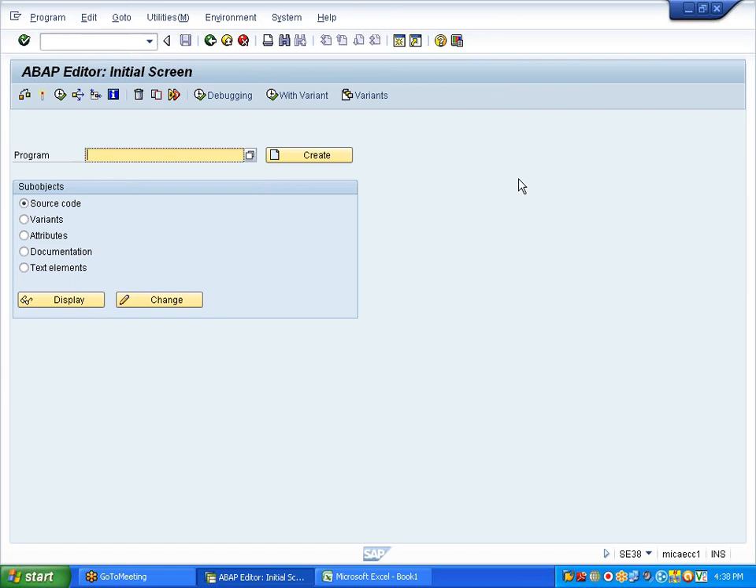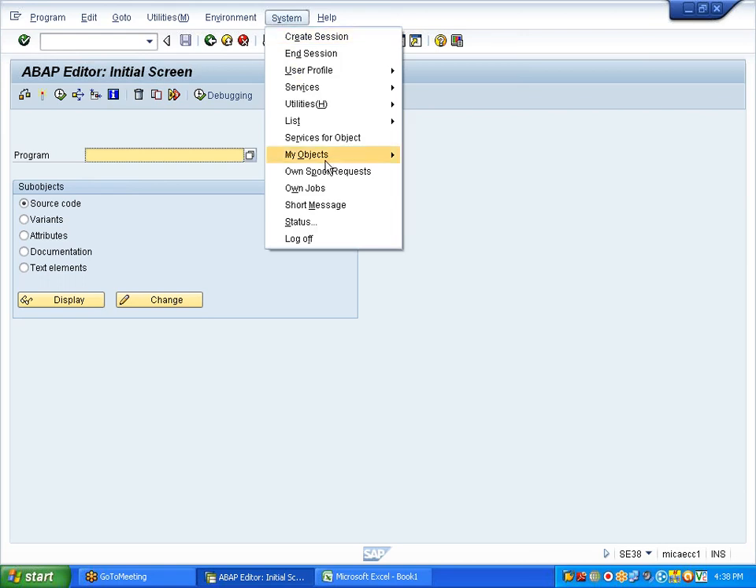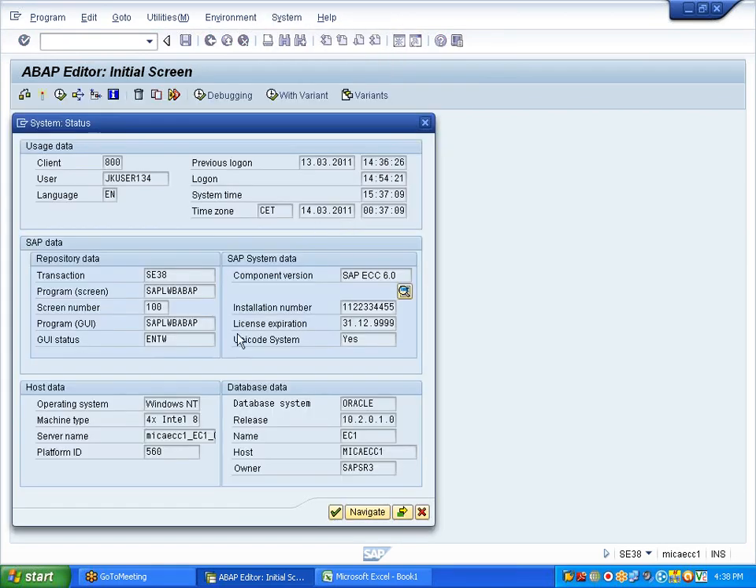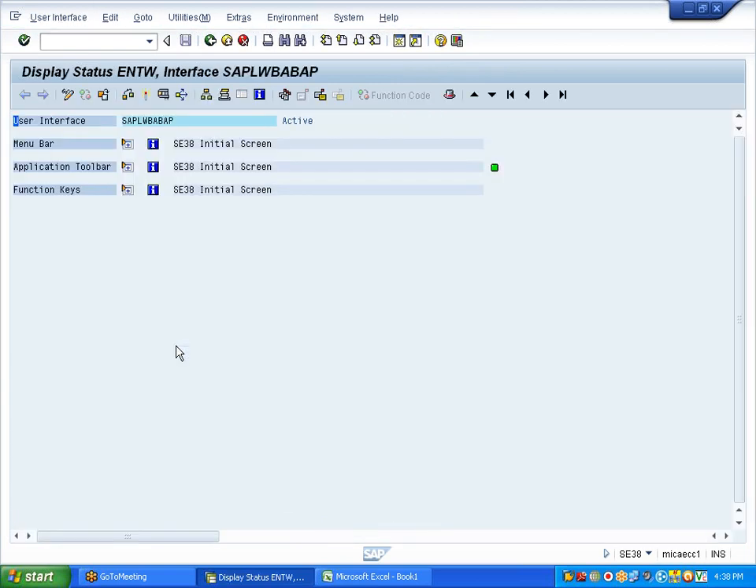Menu exit means actually SAP need to provide a slot. If slot is there, then only you can add another item here or here. How to find out whether the slot is there or not? What you need to do? Go to the system status. Okay. Go to the GUI status. Okay. Go to the menu bar